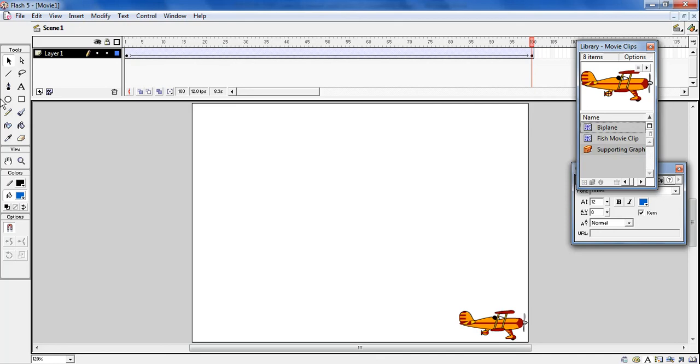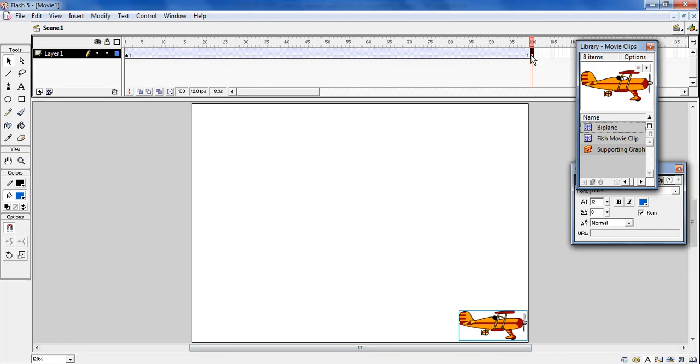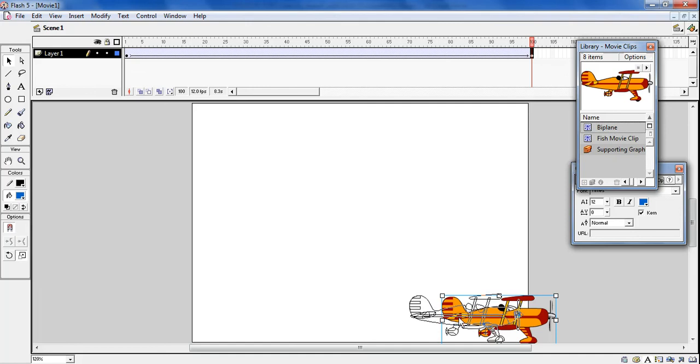Now what I want is that when it is coming down, the size of the plane should increase. For that, what should we do? Select the plane at frame 100. Is it there on frame 100? Yes, my playhead is on frame 100. You may click directly, the plane will get selected here. Now go for the scale tool and increase the size of the plane, and you can adjust the location of the plane.